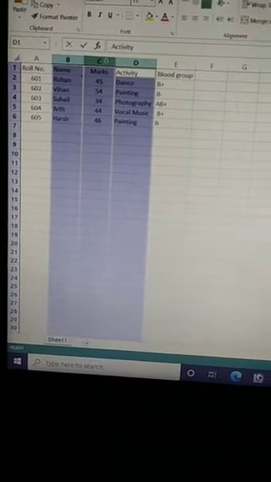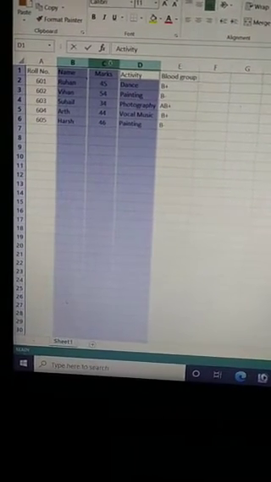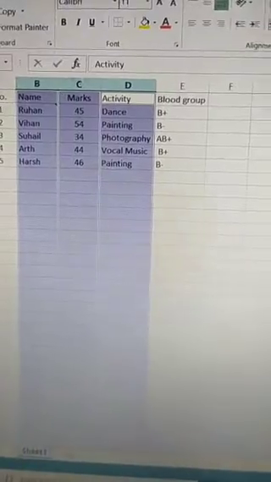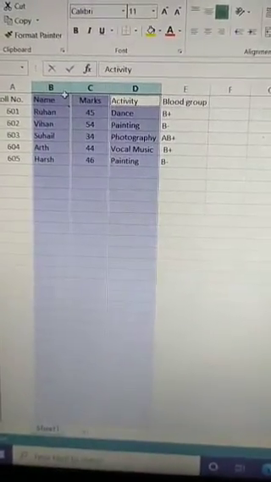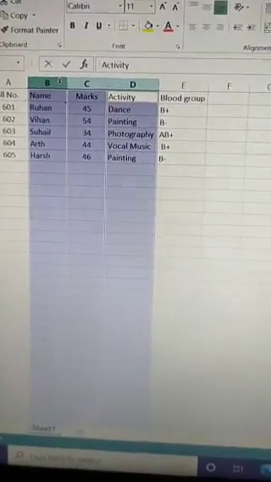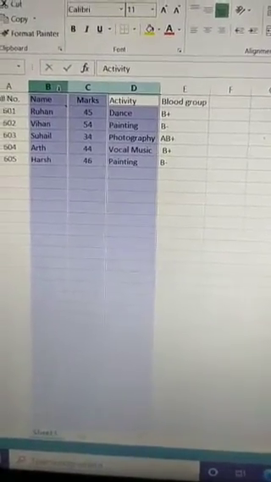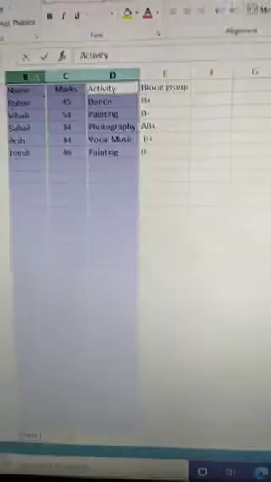So I hope that you have understood what I have discussed here, how we can change the column width and row height of a worksheet. We can also use AutoFit Row Height.